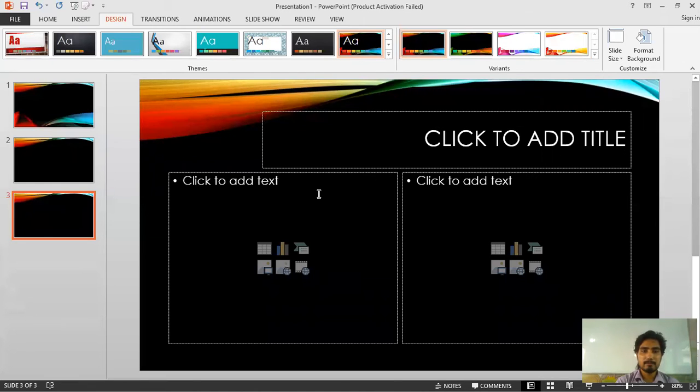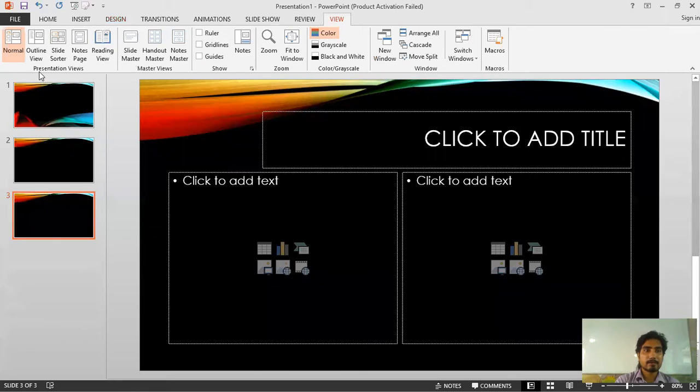Suppose this is the presentation and we have created it. Now it comes to viewing the presentation. The steps we need to follow for viewing the presentation: first we need to go in the view tab. So click on the view tab. In the view tab, there are 5 different views available in the presentation group. The default one is the normal view, which is applied by default. Now, the view mostly affects the window screen, which you can see right now. When you change the view, the way of displaying the slides on your screen will change.